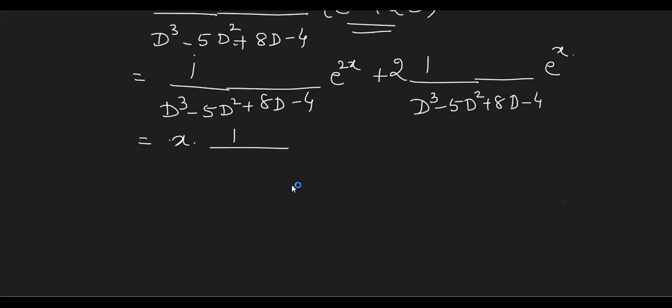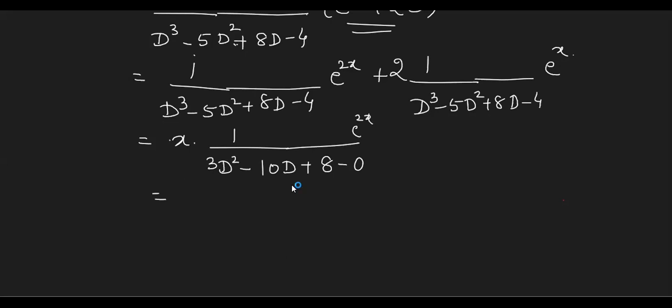So if it is becoming 0 now, what has to be done? Multiply by x and differentiate. What is the derivative of d cube? 3d square. And derivative of 5d square? 10d, minus 10d. Derivative of 8d? 8. Derivative of 4? 0. Again, I'll not check with a calculator. 100% it is going to be 0.